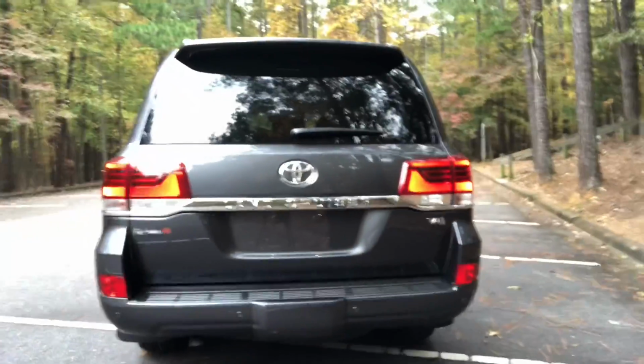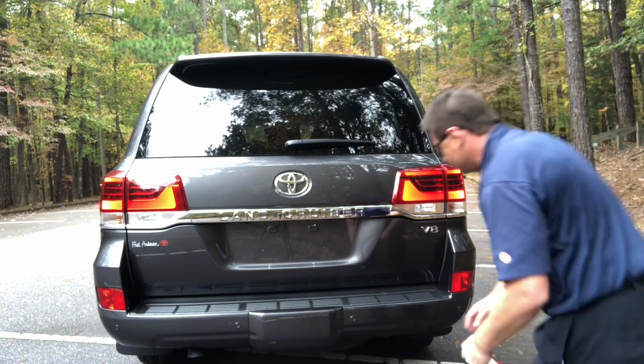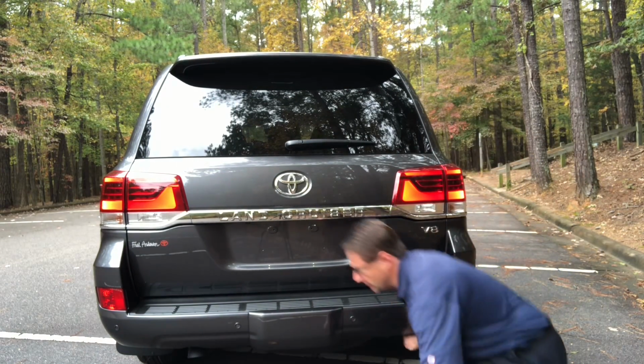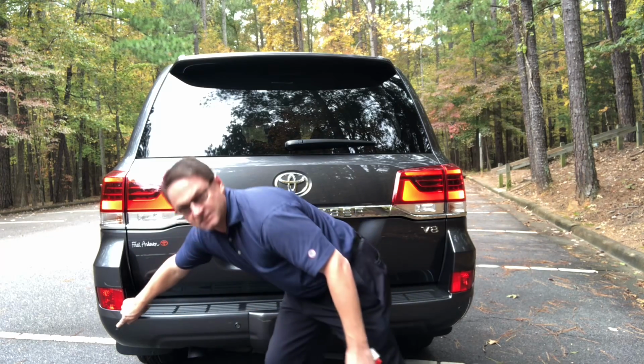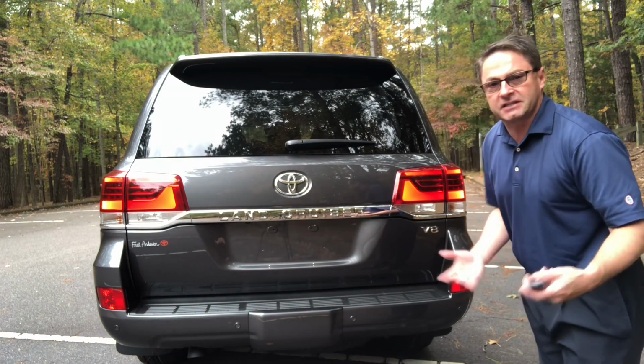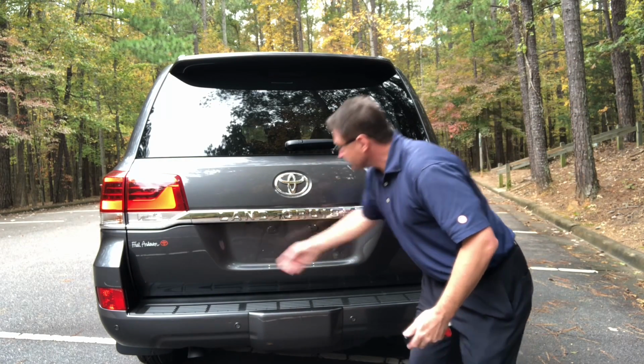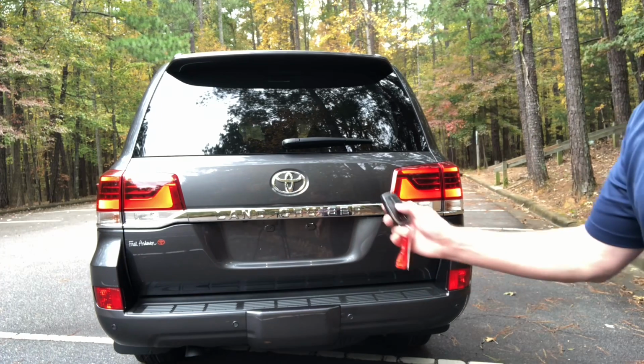The tow capacity, it's 8,100 pounds, so this thing is a monster. And then tow hooks under here and here. You can see the rear parking sensor, so just like in the front, if you get close to something, it's going to alert you so you don't hit it. Did I say backup camera right here? And that's it. Now if I want to open it,